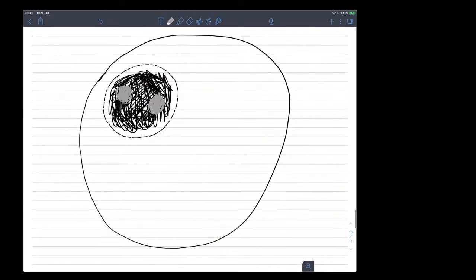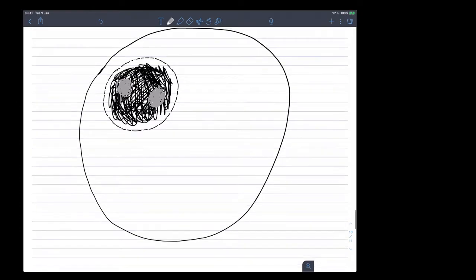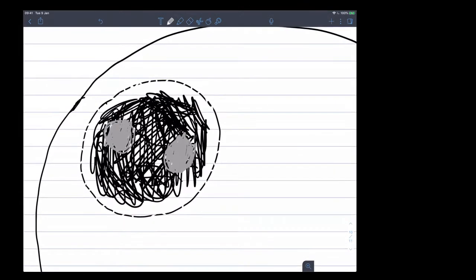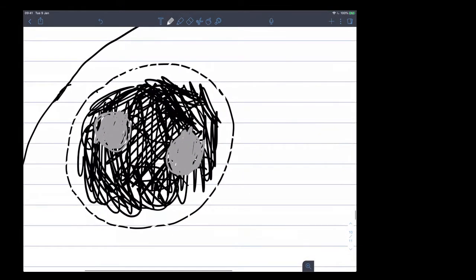Okay, so next, let's say something is transcribed and it moves out of the nuclear pore. The next place that it will go to is the rough endoplasmic reticulum. Okay, so these nuclear pores are structures, and it's important to note that actually the